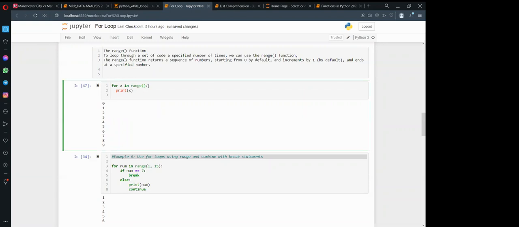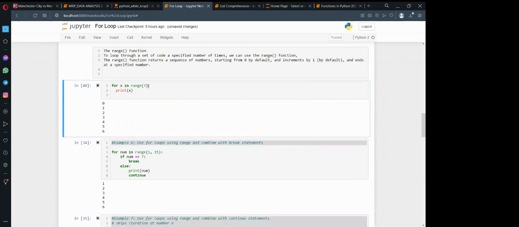If you put there 7, then it will give you 0 to 6. If you count them, they give you 7 digits. Very simple, for X in range. So you just use it to generate numbers. A for loop can also be used just to generate numbers.